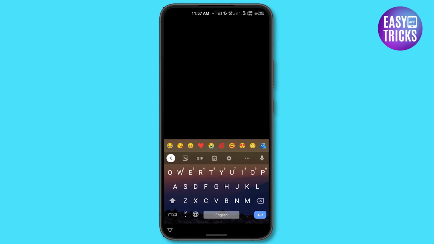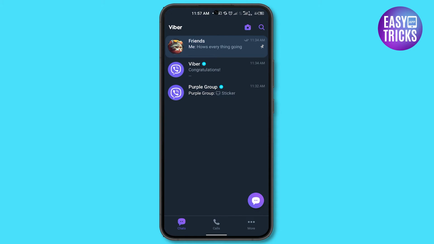Let's say I message him something and I go back to my primary chats. You can see it is no longer being displayed in here since it is hidden. So that's pretty much it on how to access your hidden chat on Viber, and I hope this video was